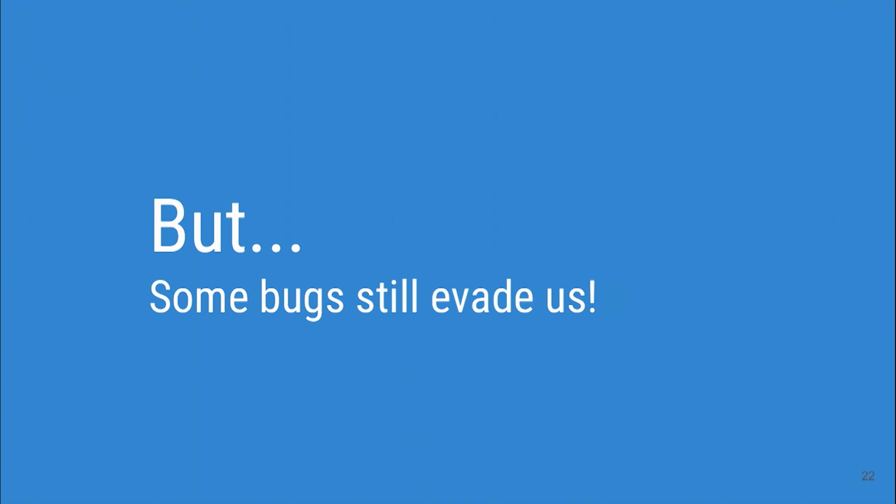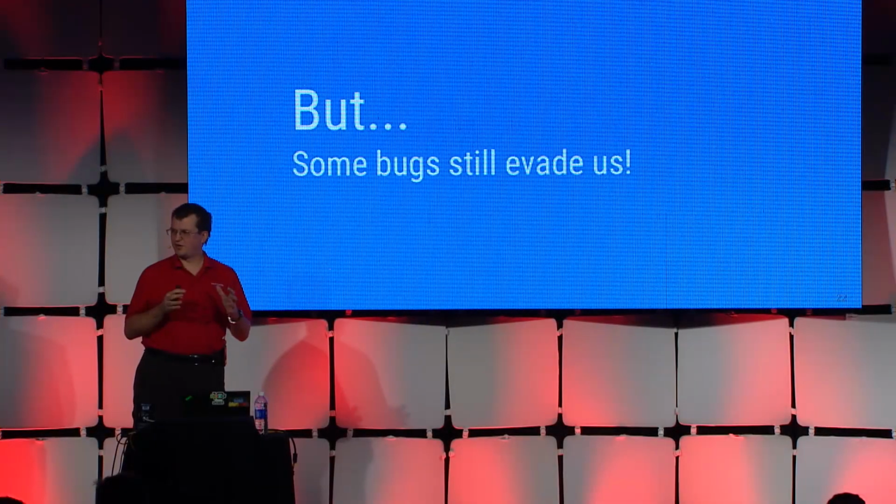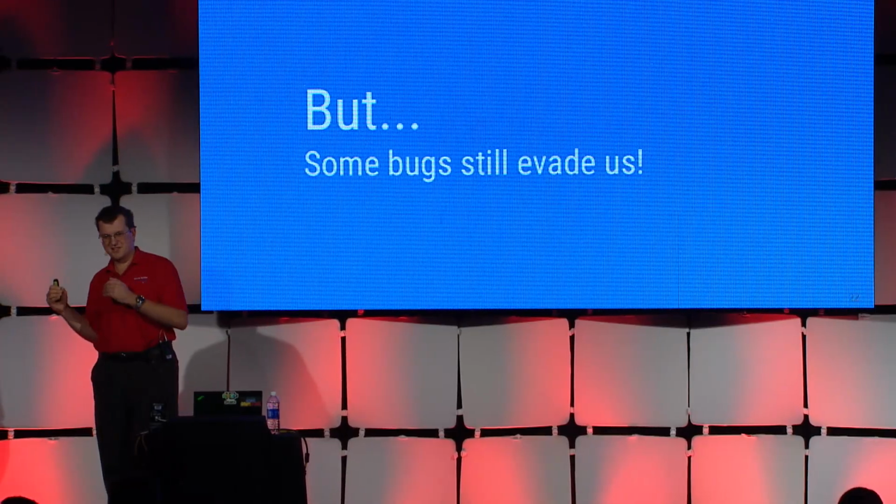But fuzzing is not enough. And we know it at least because of two things. First, every time we add a new fuzzer to our testing process, we find new bugs. It means that the existing fuzzers are not enough. But we also sometimes learn about bugs that actually slipped into production. And sometimes we know about it in bad ways.